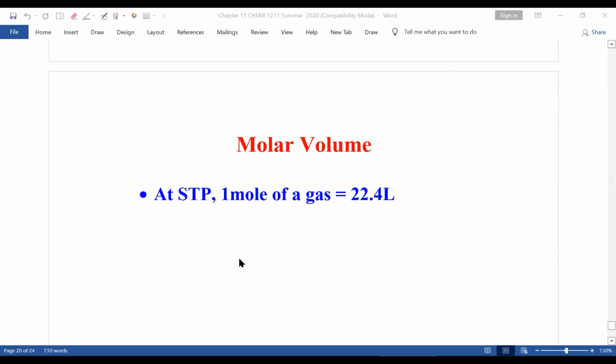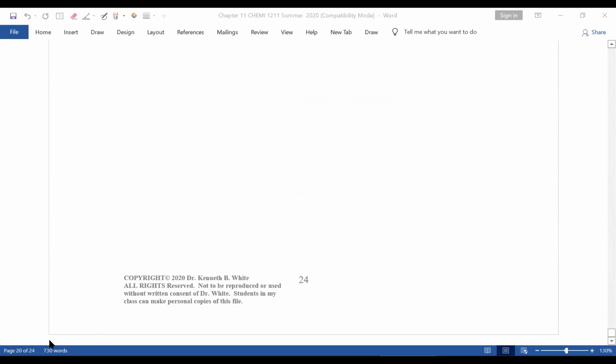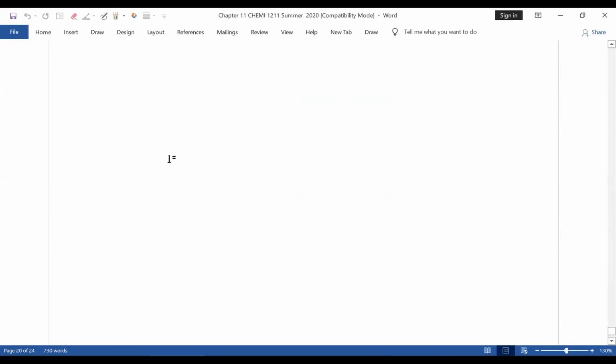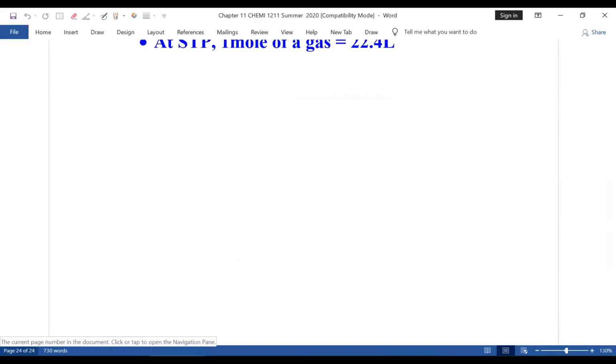And with that, you look at the lower corner here, you see page 24 of 24. And you know what that means? We're done with this chapter. And you know what else that means? Oh yes, it's time for a new chapter, new stuff time. And what's that new chapter?